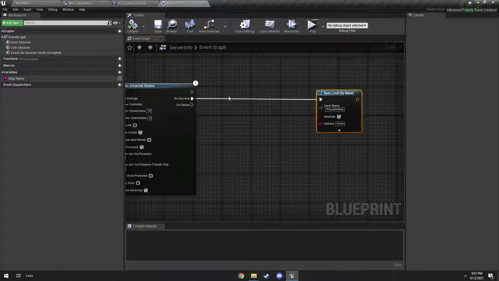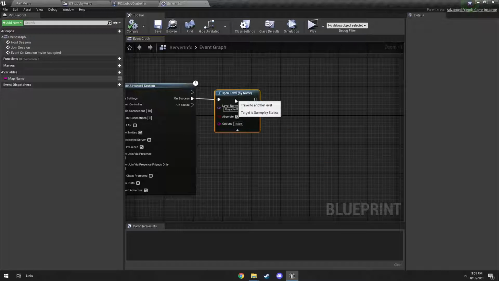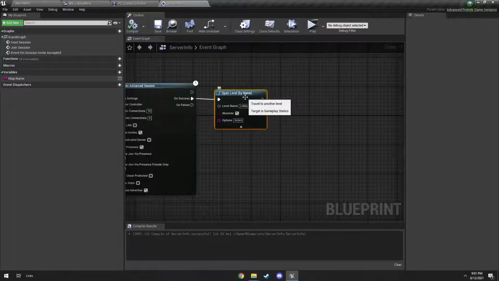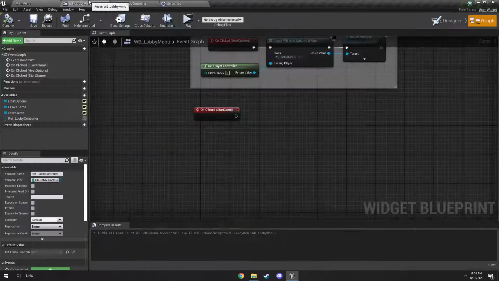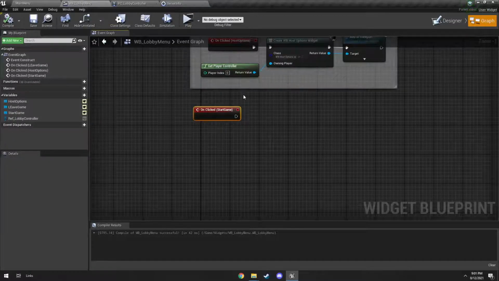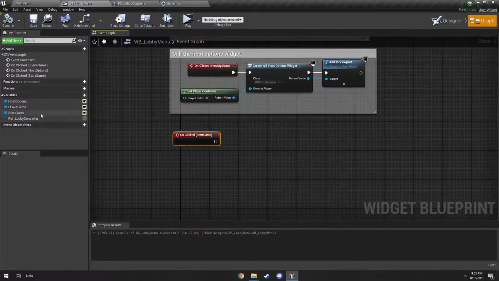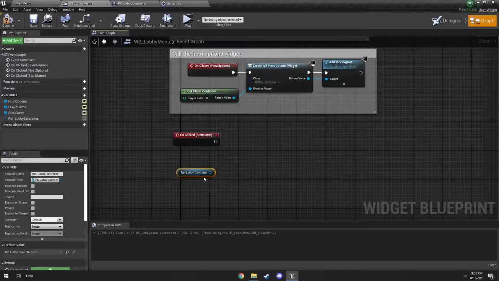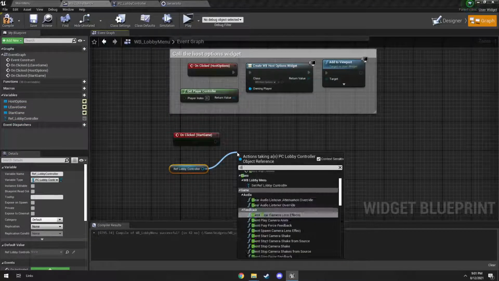We are actually going to want to open the transition map, which is our lobby map. And it's going to still be on a listen server because that's what our server is going to be started on. So whenever you click on start game, we will use this reference to lobby controller. We'll use that reference to then run client start game,